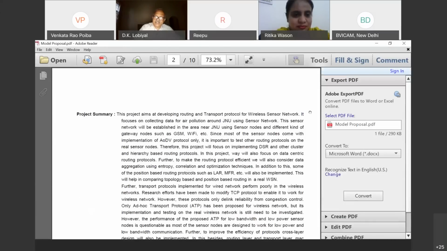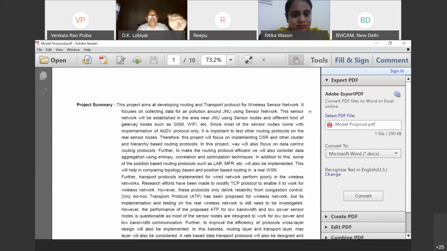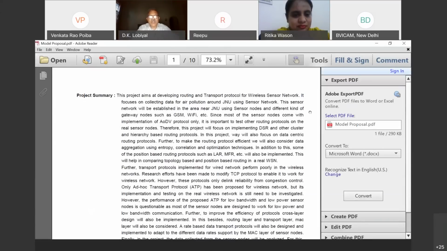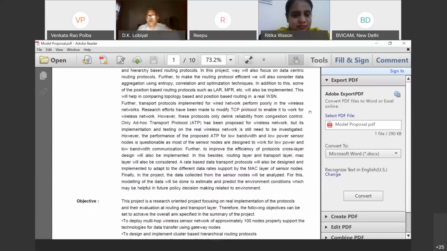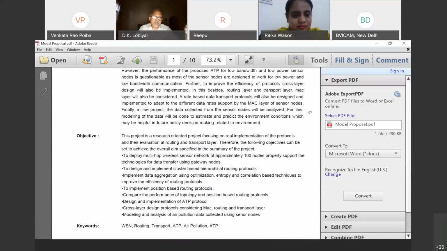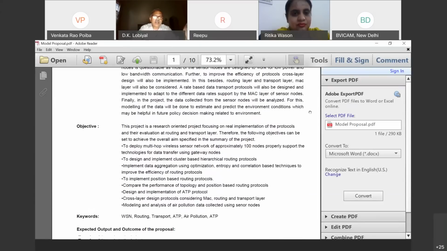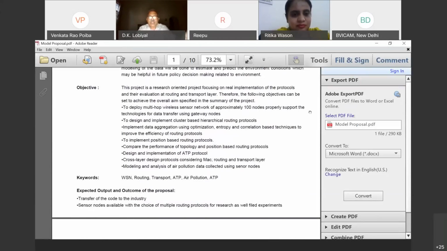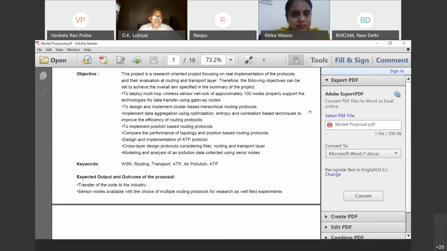So what I did, I took a sample here now. The sample is that you write a project summary, what you want to do. Then in the summary, you can have an objective also there. And that also depends on the requirement of the sponsoring agency. But I made it small. Then the expected output, the outcome of the proposal. And then